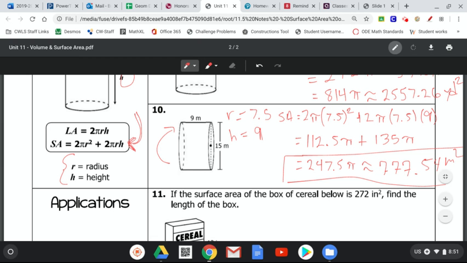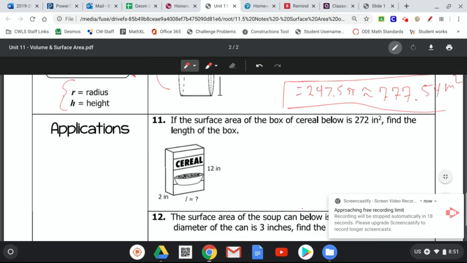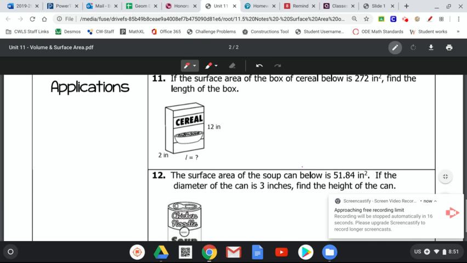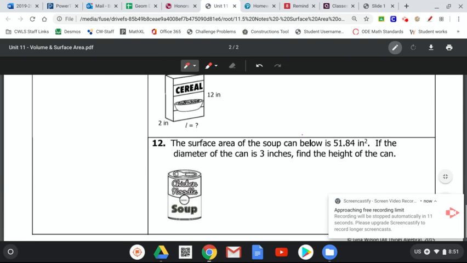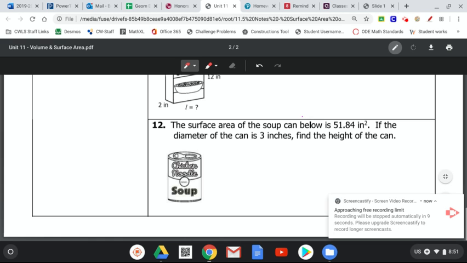All right, I want you guys to try number 11 on your own. Check the notes key for the answer, and then we're going to do number 12 here, although I think we're going to get cut off here soon. So number 12, you know that it is a cylinder. So look back, and that's where if you have it in your notes